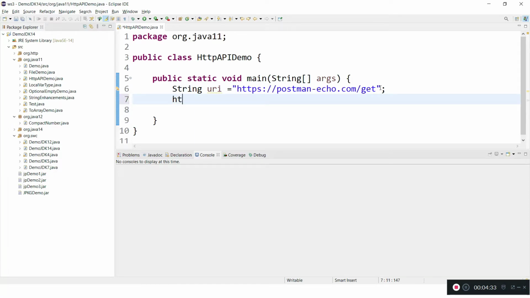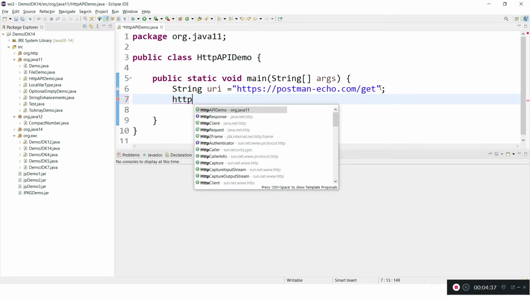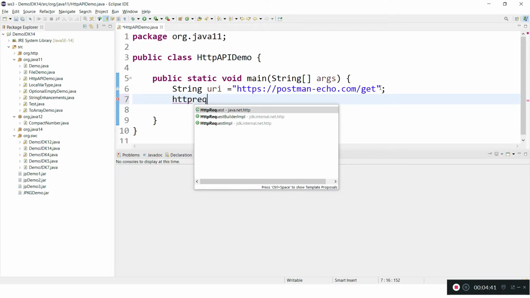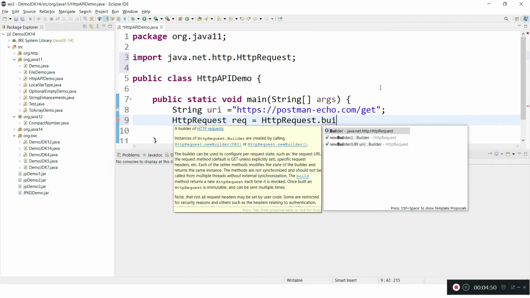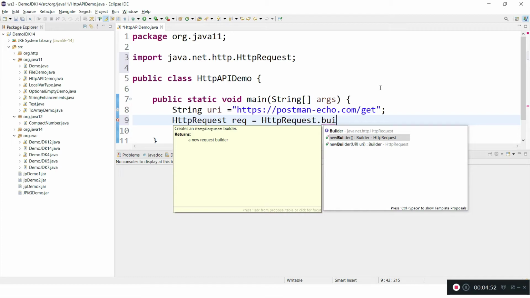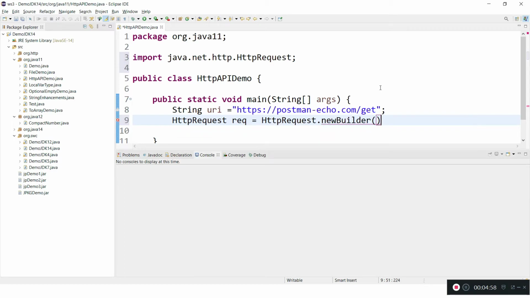The HTTP request we are building is from java.net.http. This is a request, and we use builders to build it. So there is a new builder, and there is one more builder which takes the URI. Either one you can use. I'm going with the first one.